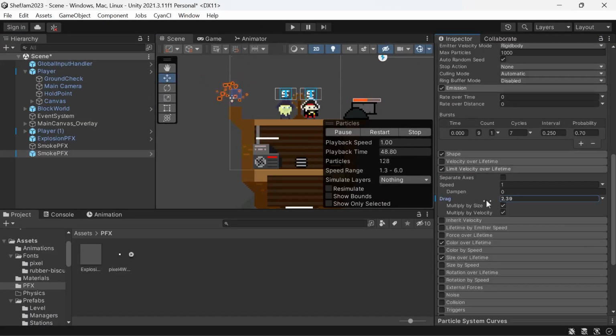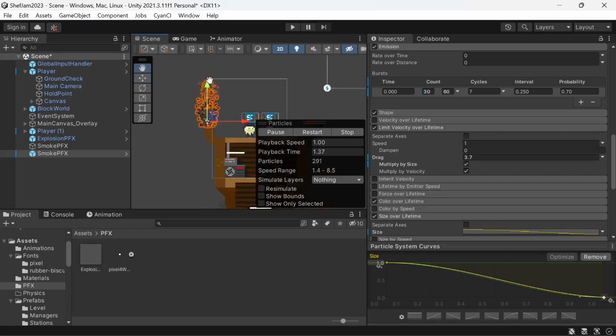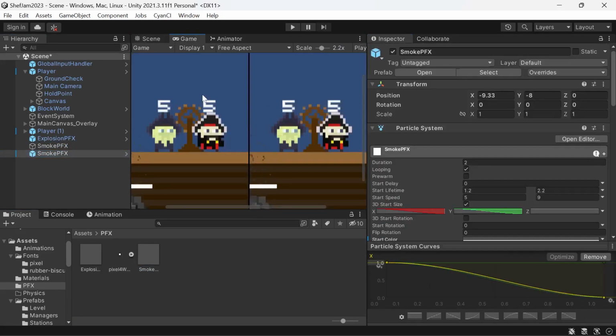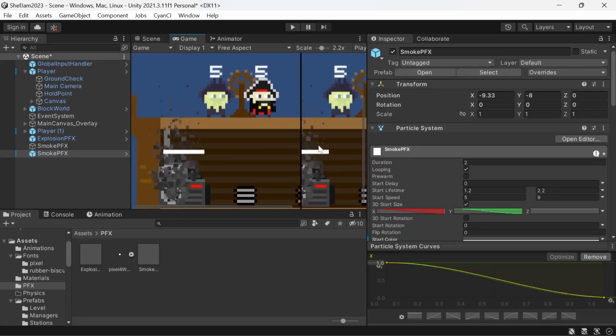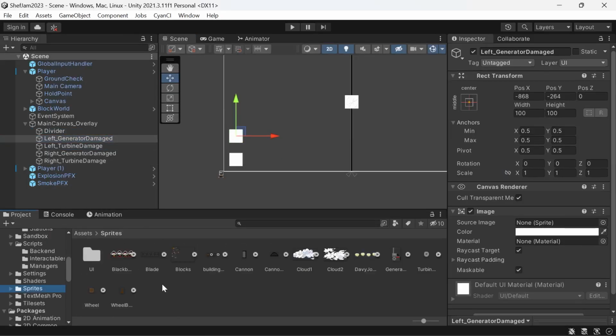Talking of polish, I then whipped up a smoke particle effect. Looking back, I kinda messed up because smoke should expand the higher it rises, whereas mine fades out. This effect was made so that it would trigger when the generator or turbine was damaged. What would also trigger when the engine or turbine was damaged was a little UI indicator to alert the player